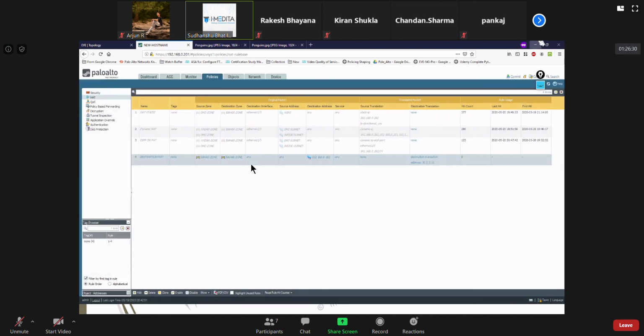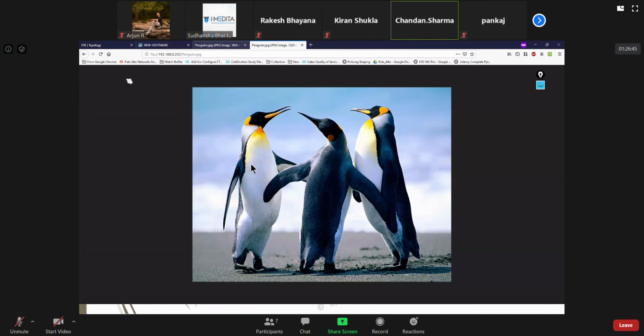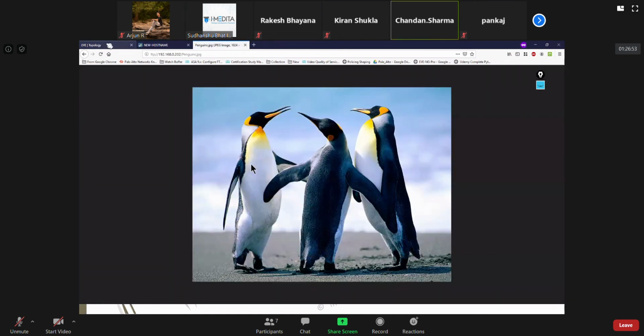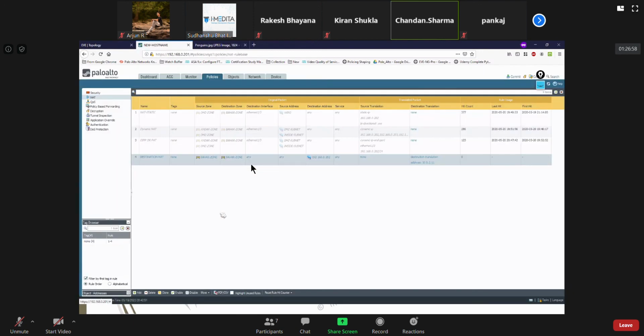In this scenario, we need to create the reverse. So it will transfer the data automatically from the inside to outside. No need to create a new rule from the inside to outside.